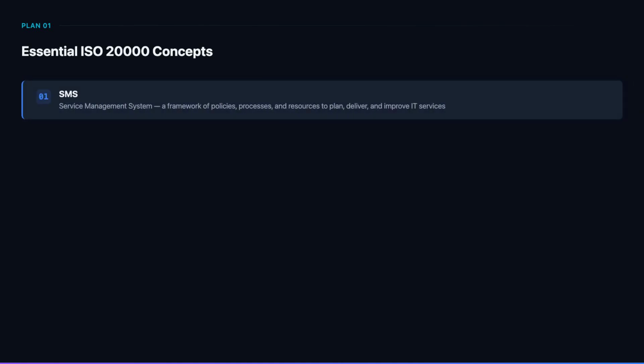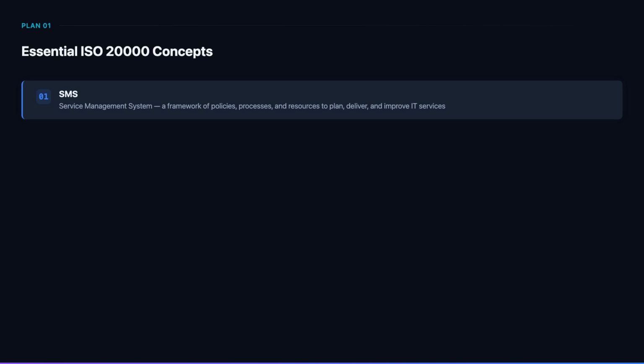Before diving in, let's define the key concepts you need to understand throughout ISO 20000. An SMS, or service management system, is a management system that plans, designs, transitions, delivers, and improves IT services to meet agreed requirements. Like ISO 27001's ISMS, it follows the Plan, Do, Check, Act cycle and requires leadership commitment, documented